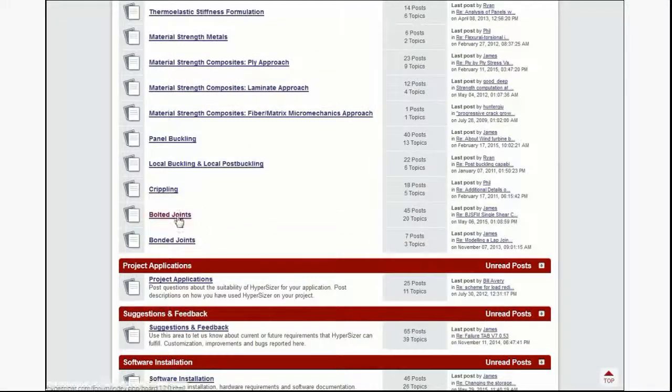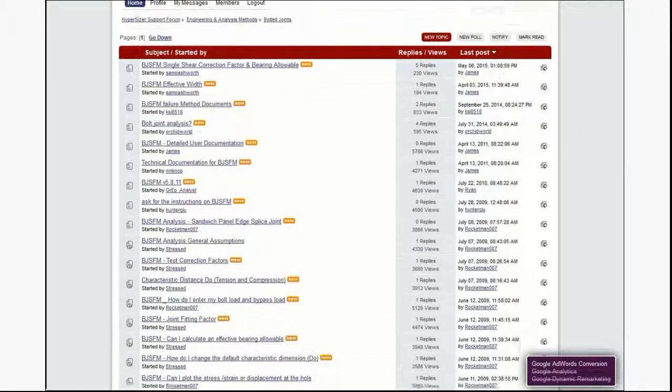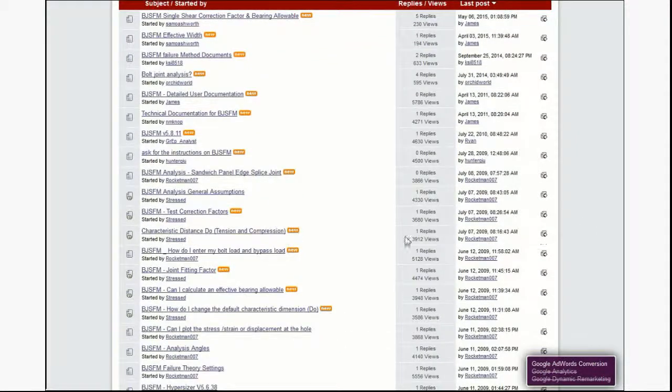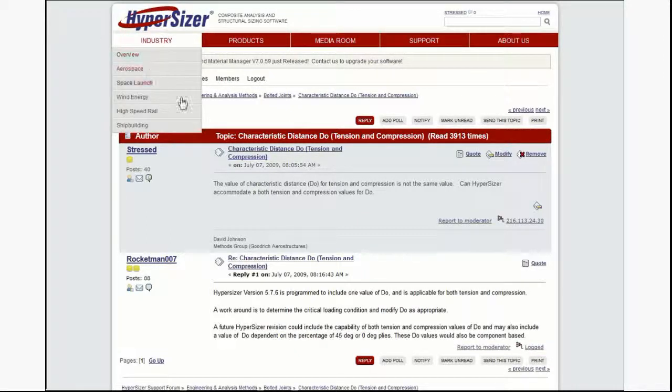So if I just pick one of these items, let's say bolted joints, and we scroll down here and we look for something. So characteristic distance. If we're on BGS-FM in Hypersizer, one of the big questions is always what is the value of D0 and what assumptions do we make. So there's some information here. Actually something I posted quite a long time ago,